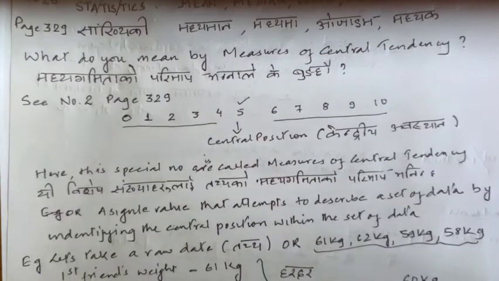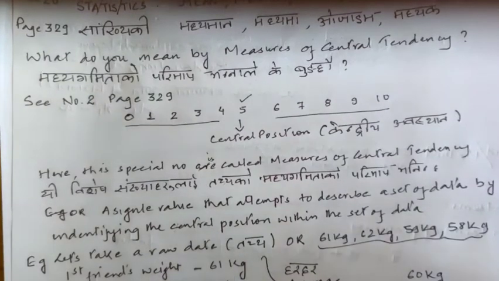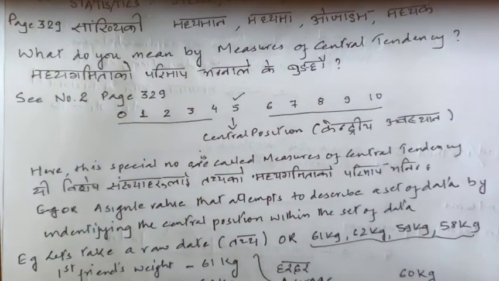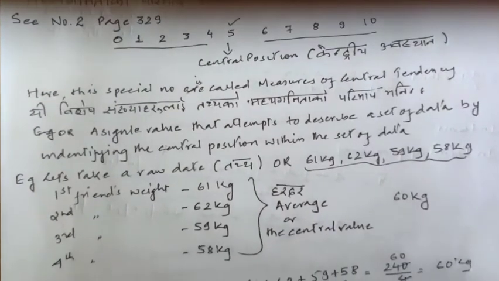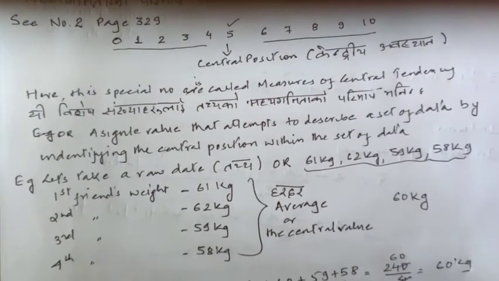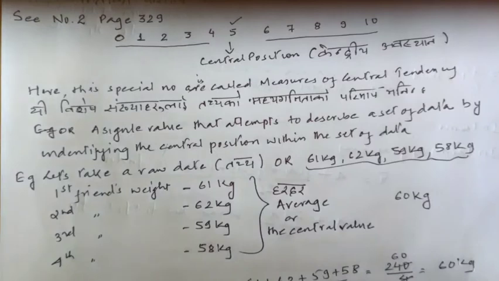That means anything that is given to you, in that whatever is provided to you, if a single value represents the central position, a single value that is representing the central position, then that is called measure of central tendency. Okay, so let's take another example also. Let's take a raw data. Let us say a few weights are given. Can you see? Let's take a raw data, and some weights are given: 61 kg, 62 kg, 59 kg and